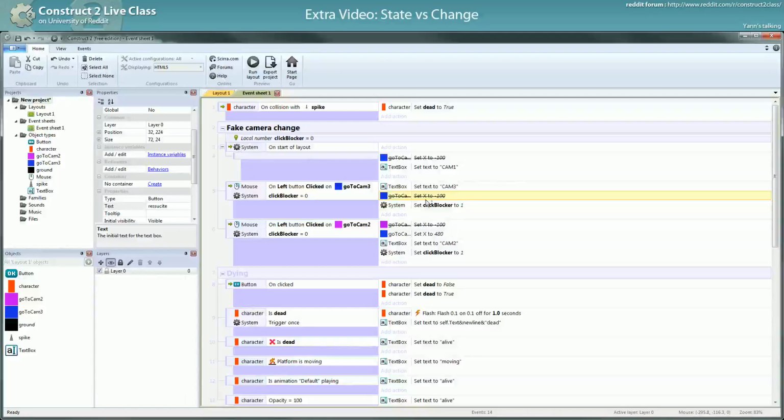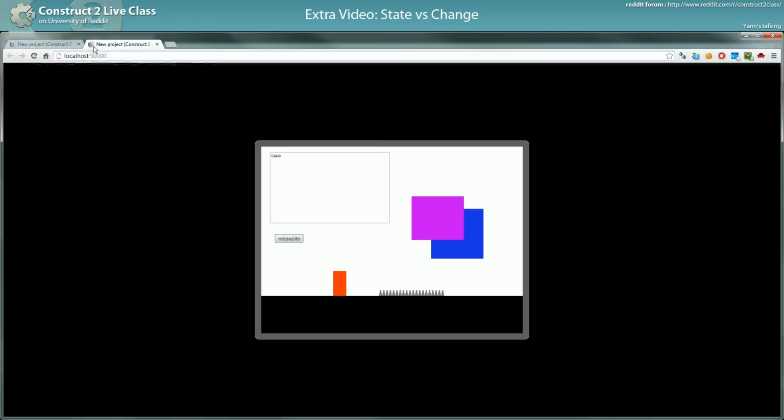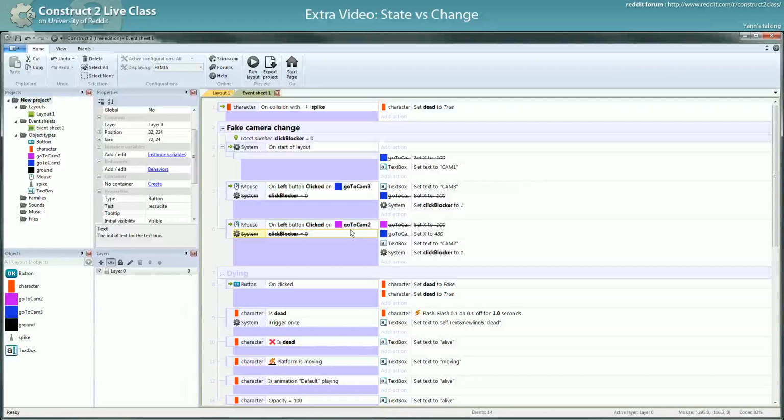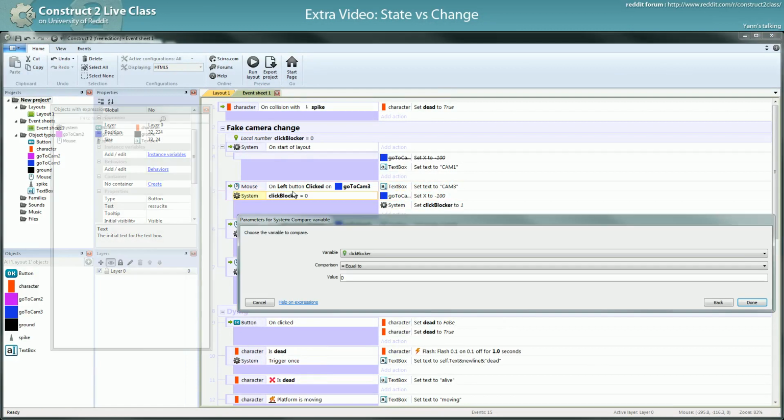Yeah, because of the click blocker. If I didn't have the click blocker here, I would go directly to camera 2, so it's really in the order of the event within the same kind of trigger event. For instance, every click event will be in the same order. If I have a simple